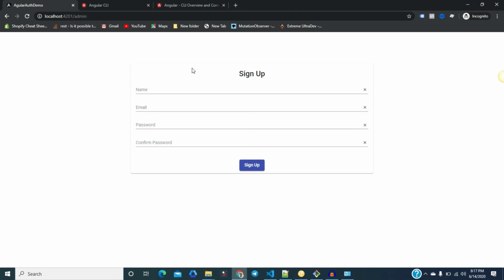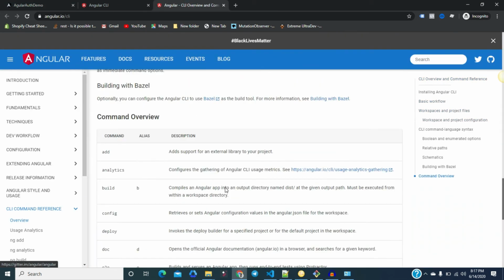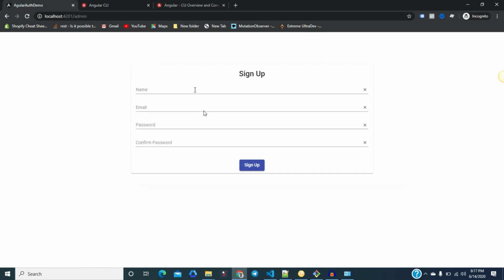Since I have already implemented some functionality, I am going to discuss step by step how we can achieve this. You may not get this type of interface, because you will get a default interface. I have removed the default page and content that loads after the installation of the project. Then I am going to talk about how you can structure your project, for example, how you can make projects modular and scalable. That's the amazing part, and I am going to talk about it in this video series.